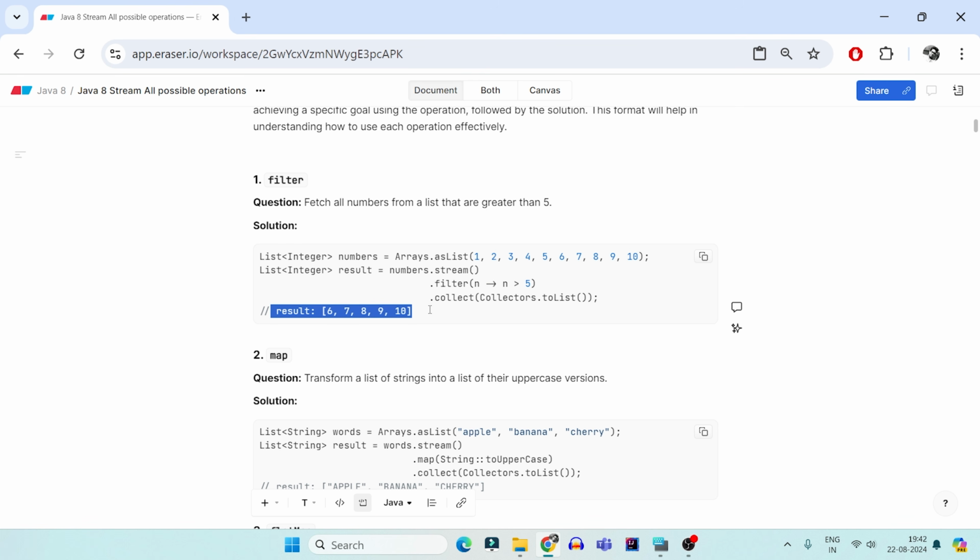So use filter whenever you have to fetch those elements which satisfy a particular predicate or given condition. For example, in real time on an e-commerce website, if I ask you to filter out all those orders which came after 8 p.m. on 22nd of August, you can add a filter where the date and time is greater than today's date 8 p.m.